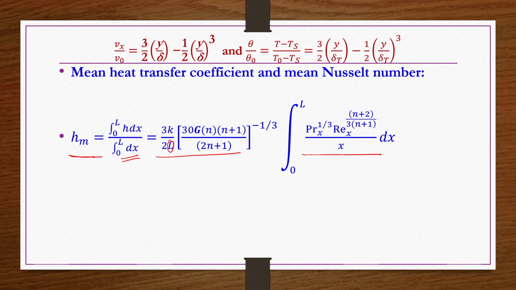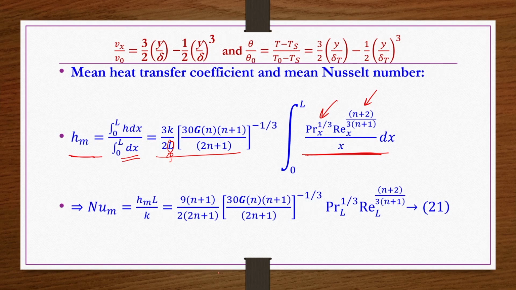Now x terms are there only in this Prandtl power x power 1 by 3 and then Re x power n plus 2 by 3 n plus 1, and divided by x, whole divided by integral dx 0 to L, that is coming out as L, that we have written like this. Now here again you expand these expressions for Prandtl x and Rex, and then you write the x terms, keep the remaining terms constant, and then do the integration, substitute the limits 0 to L, then finally you get this expression,